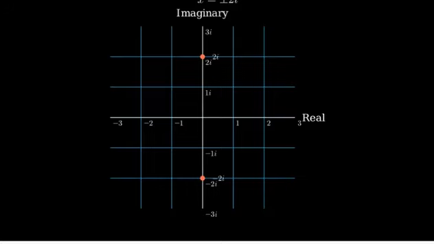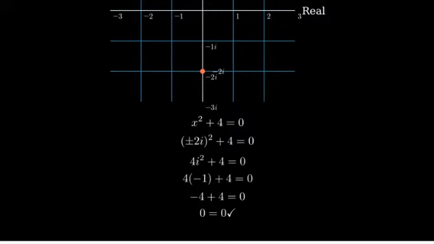To verify our solution, let's plug these values back into the original equation. When we substitute x equals plus or minus 2i, the i squared becomes -1, and we can see that the equation is satisfied. In conclusion, we've found that the solutions to x squared plus 4 equals 0 are x equals